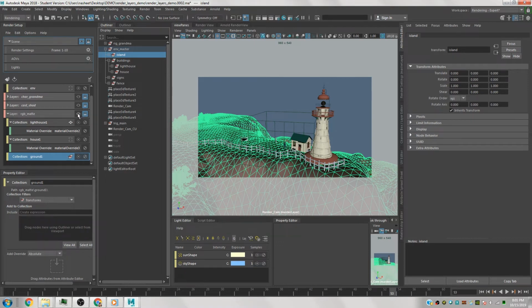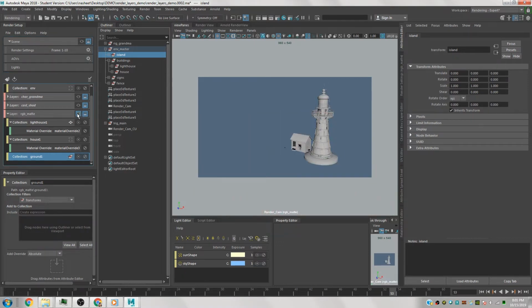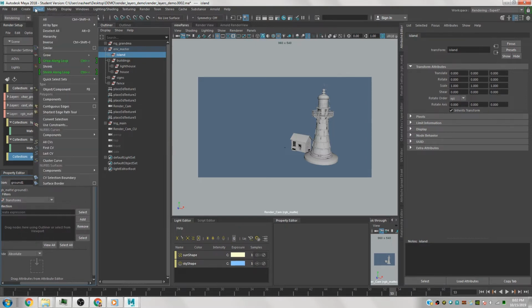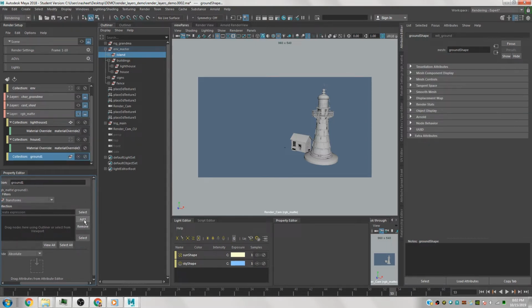One thing when you're viewing from a render layer, it'll only show you the contents of the collections that you already have in there. And because I don't have anything other than these two pieces, then I can't see them when I'm in this layer. It's kind of like display layers. So I have that island selected, do select hierarchy and add,